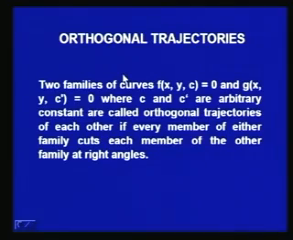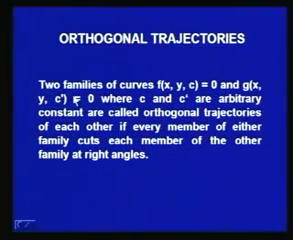We can use differential equations to find the curves which cut the given family of curves at right angles. Let us consider two families of curves, f(x, y, c) = 0 and g(x, y, c') = 0, where c and c' are arbitrary constants. The two families of curves are called orthogonal trajectories of each other if every member of either family cuts each member of the other